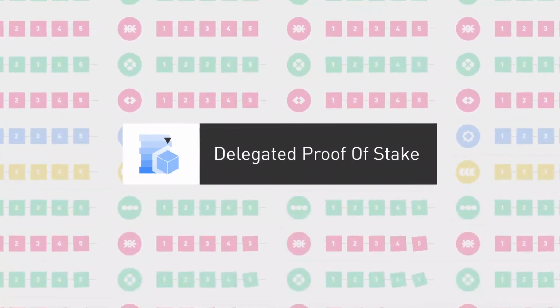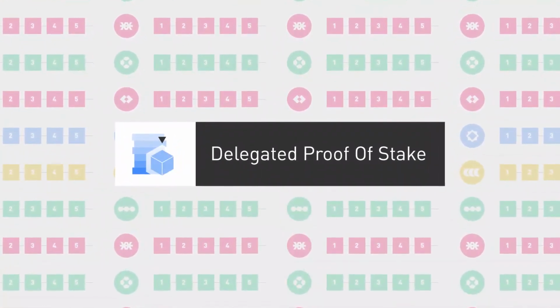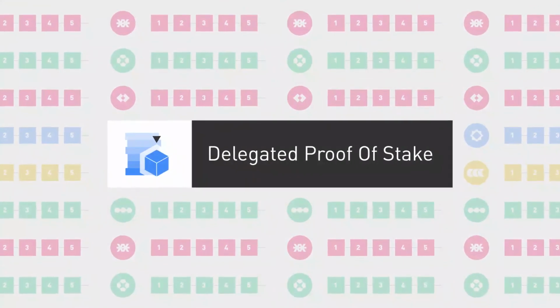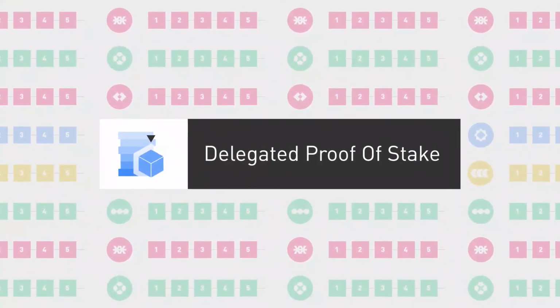The use of Delegated Proof of Stake as consensus algorithm is growing among cryptocurrencies, but as the industry is moving fast, new algorithms will emerge in an attempt to further improve the current system.